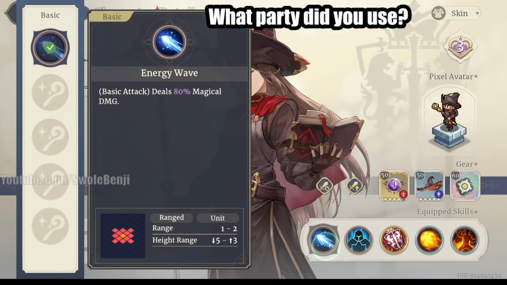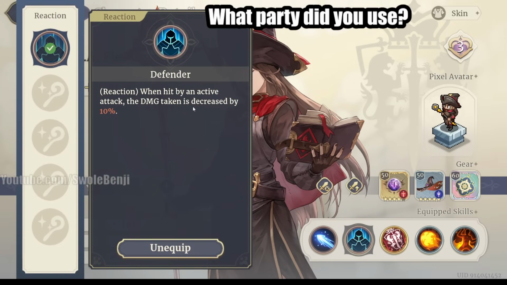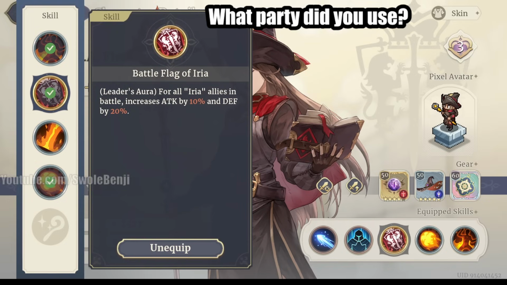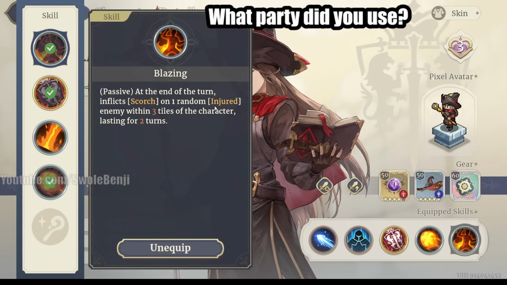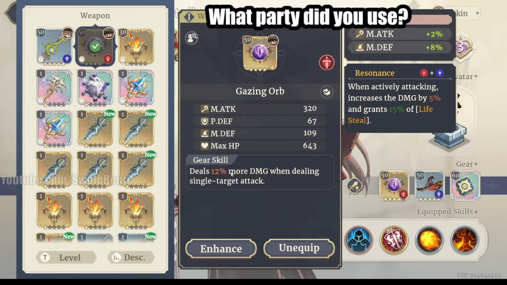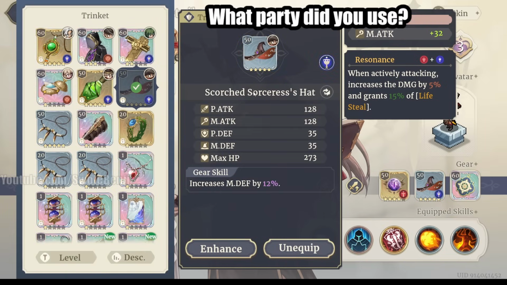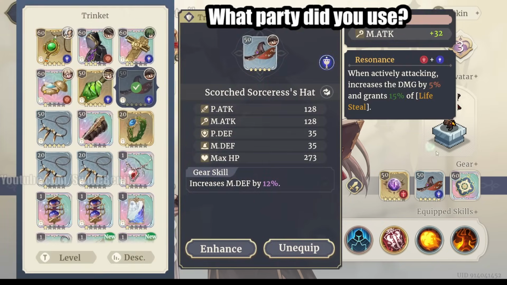And this one is just built around single target DPS. So we have Defender to decrease damage taken, Battle Flag of Iria to buff everyone else, Fireball, this is their main attack, and then the passive Blazing so that they burn people when they're nearby. I gave them Gazing Orb for more magic damage with a single target attack, Sorceress Hat for more magic defense,